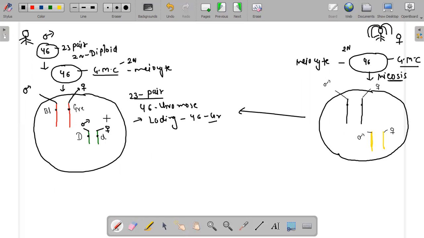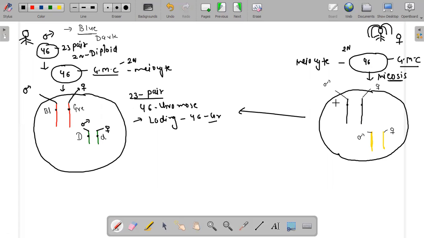Okay, and now the father, how will he look? You know that the father will look blue-eyed and dark-skinned, because I told you that dark is dominant over light skin color and blue is dominant over green. Okay, now here is the mother, and the father will look like blue-eyed and dark. And what about the mother?